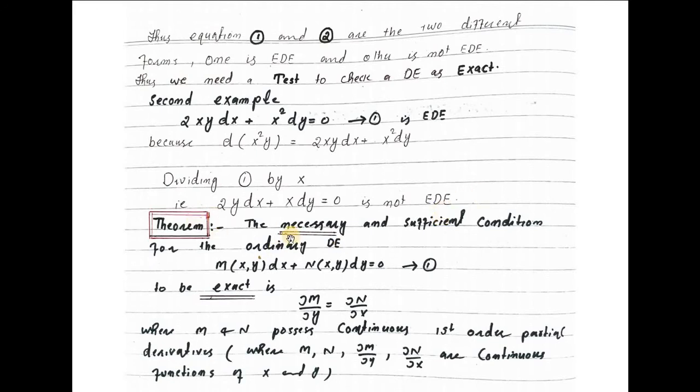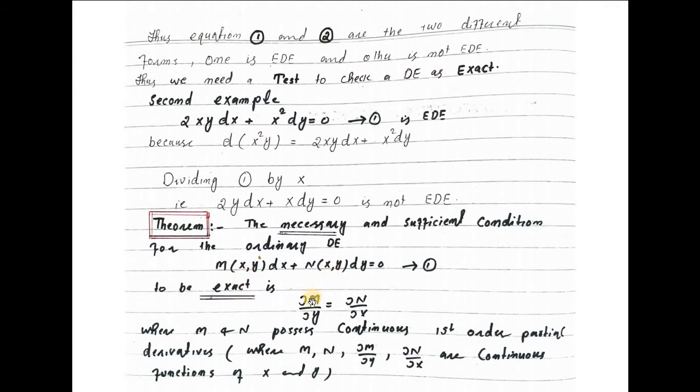Now we have a theorem. The necessary and sufficient condition for the ordinary differential equation M dx plus N dy equal to 0 to be exact is del M over del y equal to del N over del x, where M and N possess continuous first order partial derivatives, that is, M, N, del M over del y, del N over del x are continuous functions of x and y. In this theorem, we have the necessary and sufficient condition for the ordinary differential equation to be exact as this one. If we take equation 1 as exact,